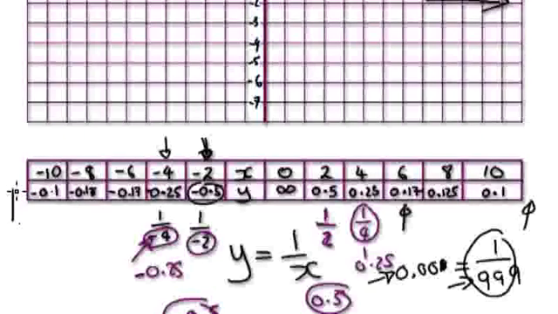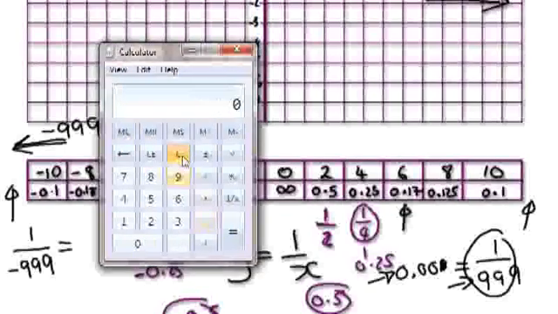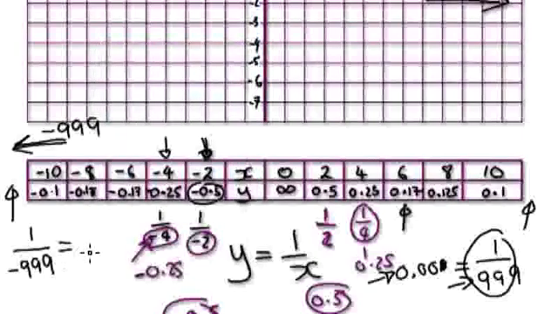But if you try and do it on this side here, let's put a really big number, but a really big number on the negative side. So let's have a look at negative 999. You would do the same thing, 1 over negative 999. Let's try and do this. You would get 1 divided by 999 equals